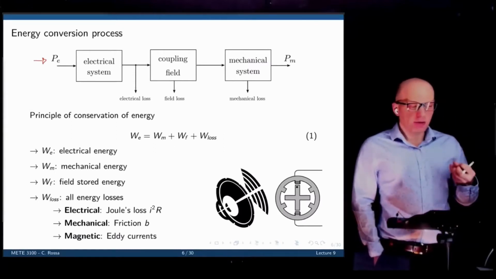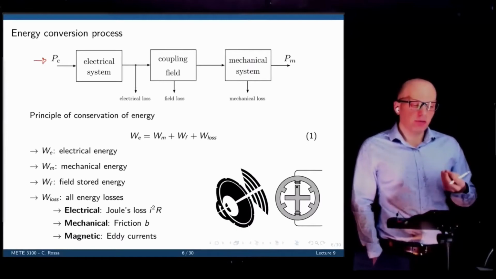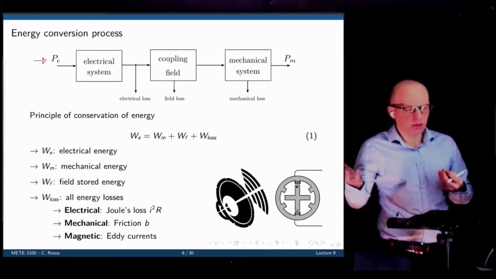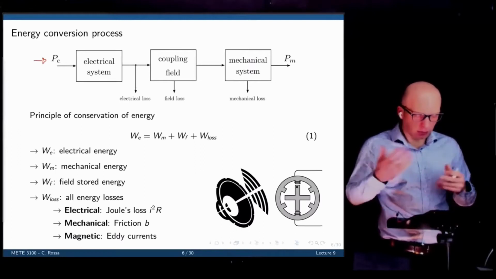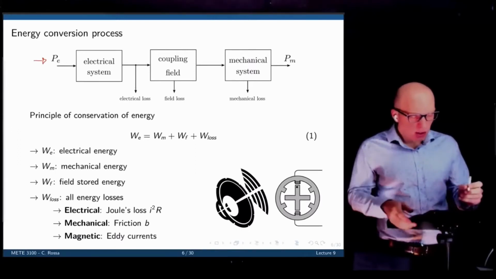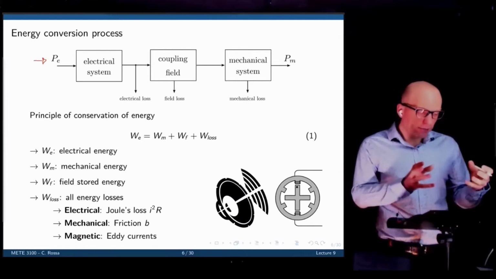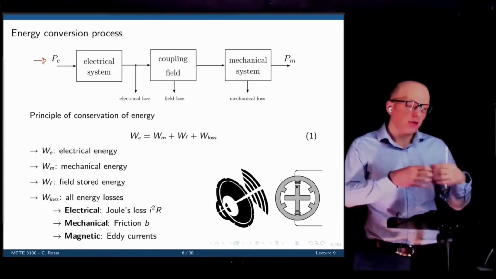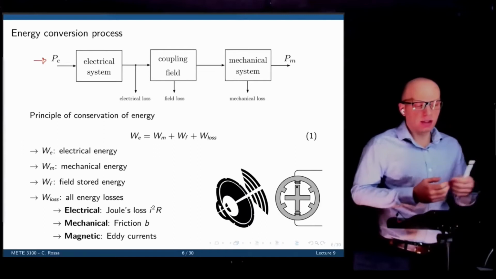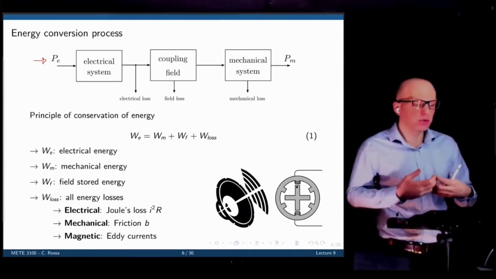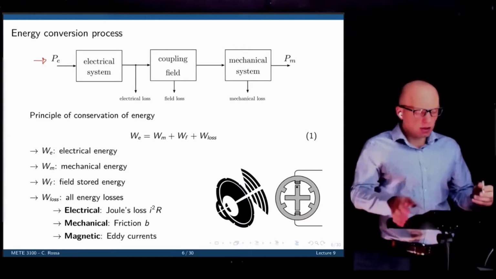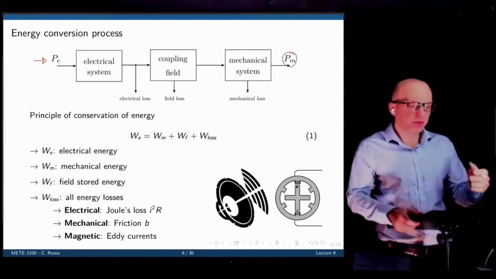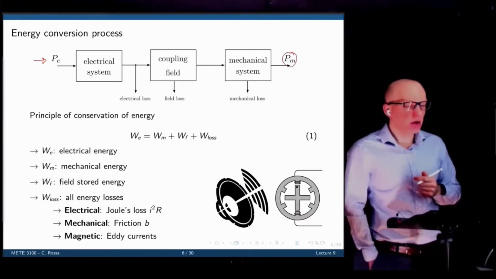That magnetic field now stores energy in the form of magnetic field, in the same way that the electrical system stores electric energy. And the magnetic field then generates a force or a torque that is delivered to the mechanical system, which in turn also stores energy. And the output of that system is the mechanical power delivered to